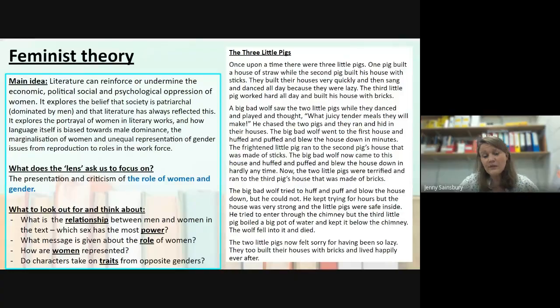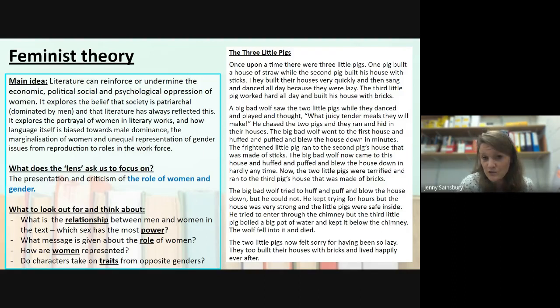Women or female characters must have existed for this story to take place, not least because the pigs and the wolf would have all needed a mother, and yet they don't exist in the story. Why is that? If you have a little look through this story, you will also be able to see that there are a few references to gender, and we can see that particularly through the references to male pronouns, so him, he, and his. But you should be able to see that those male pronouns are only in relation to the wolf.